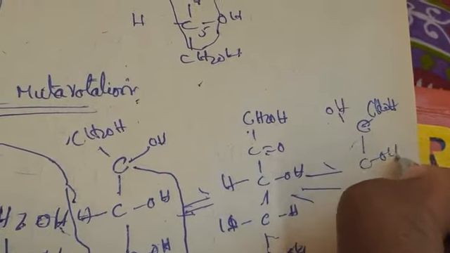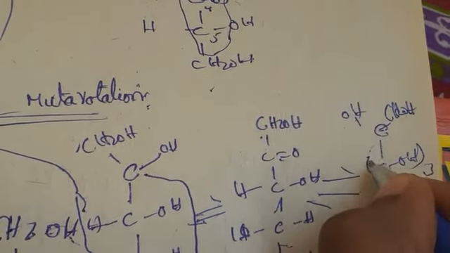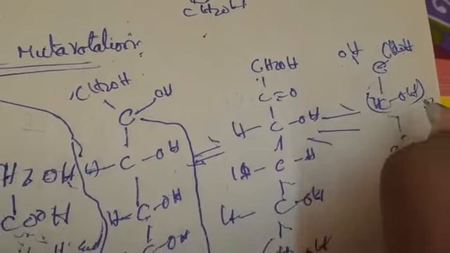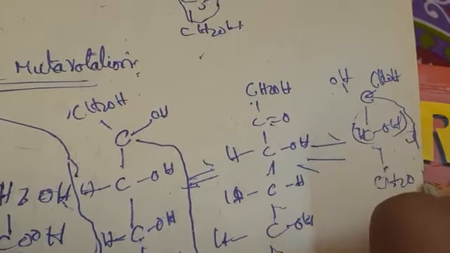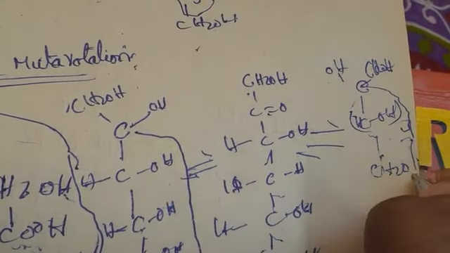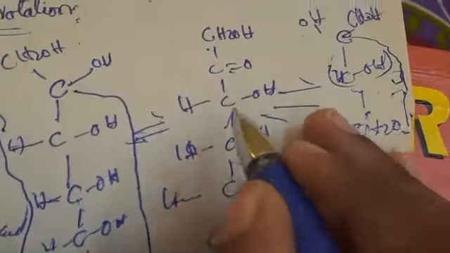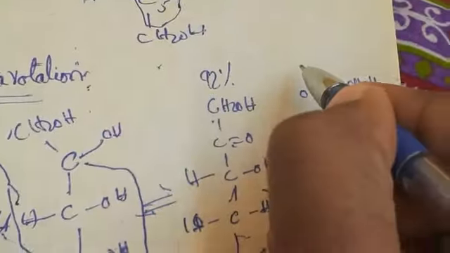So here OH, HCOH and CH2O. Okay, this is the beta form. So coming to mutarotation. The equilibrium mixture has 92% and it has minus 133 degrees, and here minus 21 degrees.